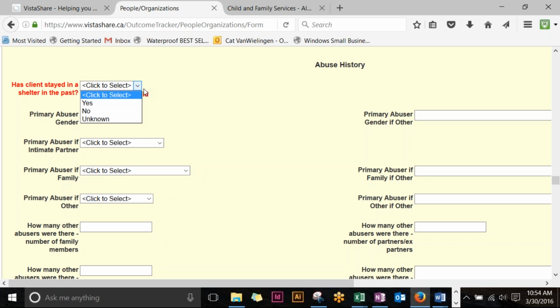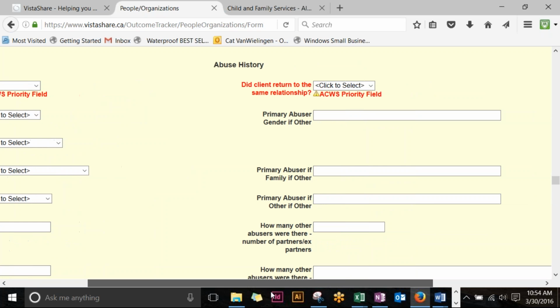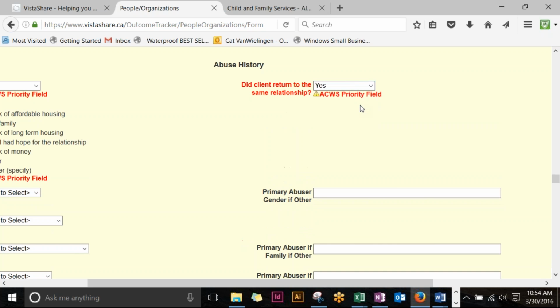So again, we have the choice of yes, no, or unknown. If they choose yes, we're interested in knowing a bit more information about their previous admissions. So the last time that Marge stayed in shelter, did she return to the same relationship when she was discharged or following her discharge at any time? And if she said yes,